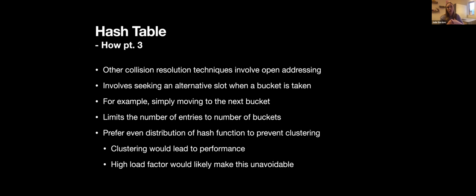Whereas if we have a more even distribution of our results from the hash function, even if there are collisions, there's not so much time spent probing the next bucket to find a free space. And a high load factor would make this quite difficult to avoid. And by high load factor,